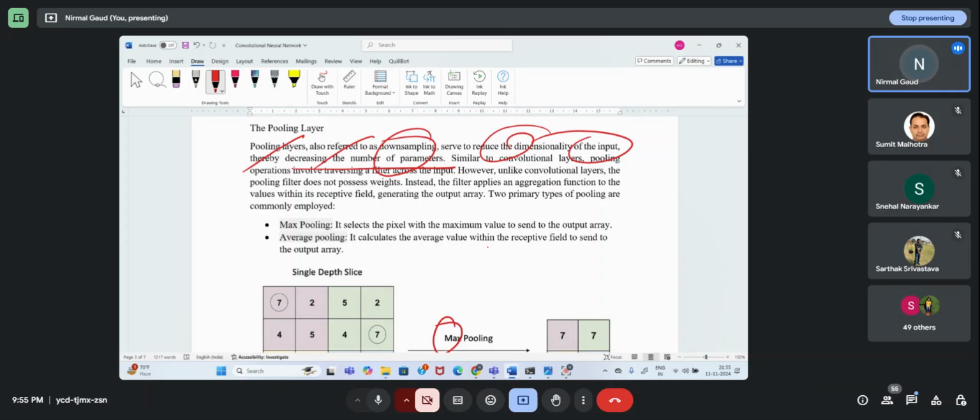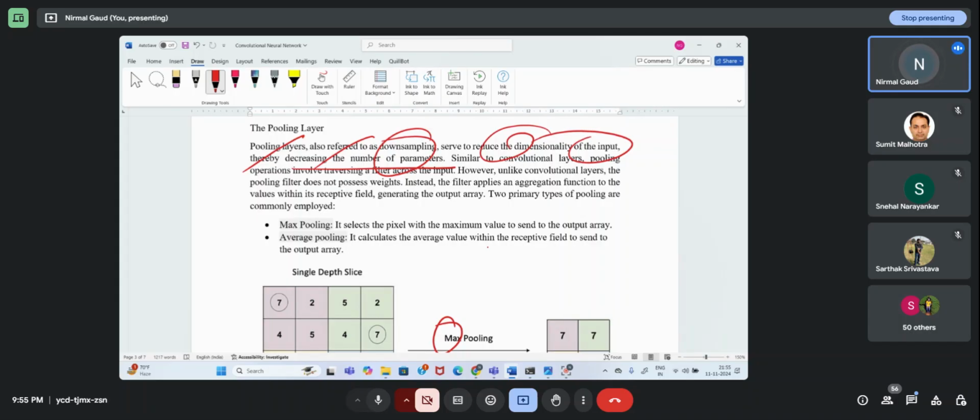See, in data, if you have so many dimensions, then there is a problem in data science and machine learning called the curse of dimensionality. We have to reduce the dimension of the data in order to get the relevant dimensions which are meaningful for me to train my model. All this is happening because of that reason only. I'm extracting the relevant features, then reducing the dimension, then extraction, then dimension, then extraction, then dimension. That's what I'm doing.